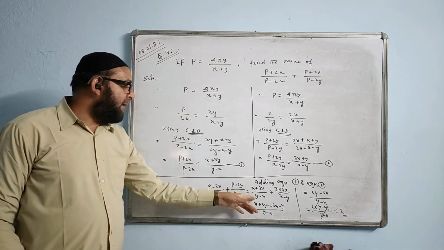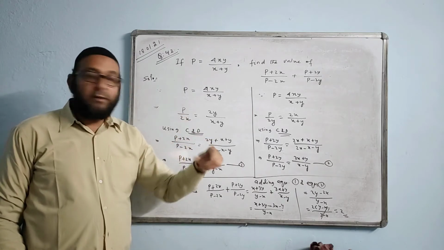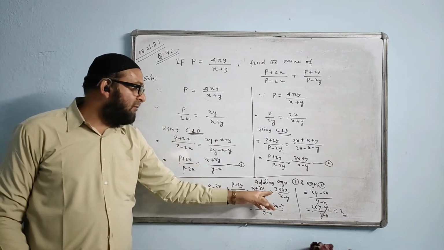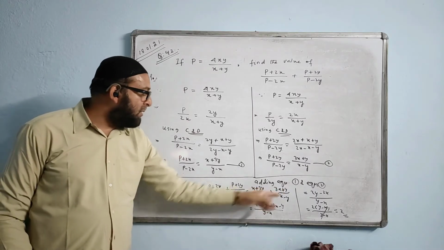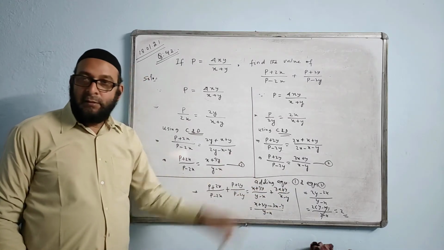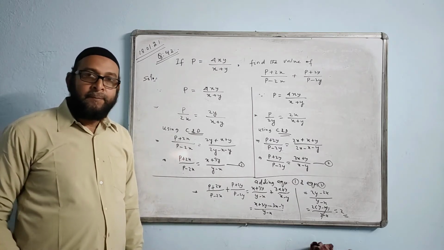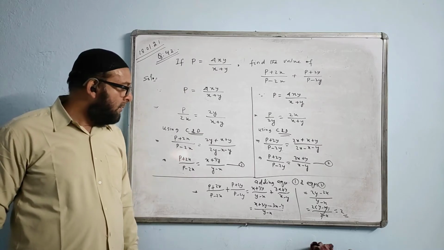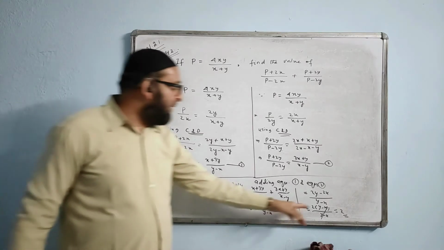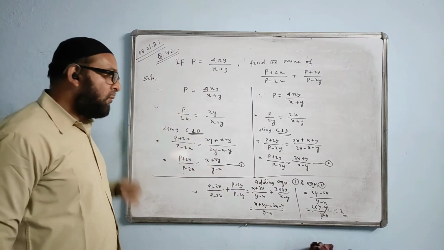Y minus x I have taken common, but it is x minus y, just a reverse of the order. When you interchange the order, this sign will change. Plus will become minus. And minus of this and minus of this you are multiplying, and then simply taking common and getting the answer. Y minus x by y minus x cancel, you get answer 2.